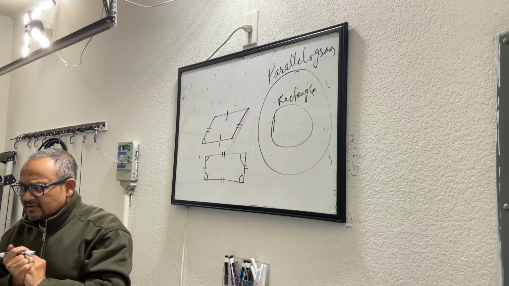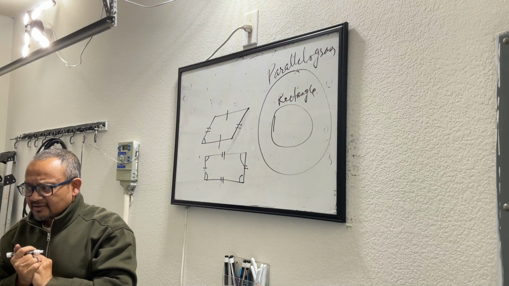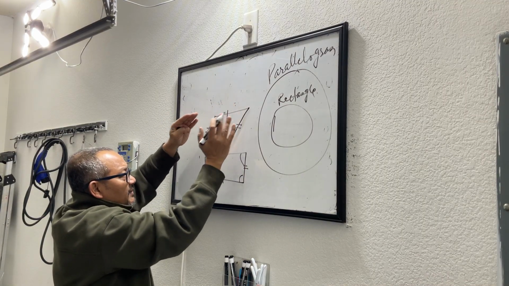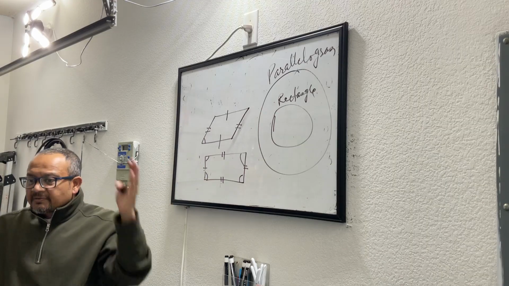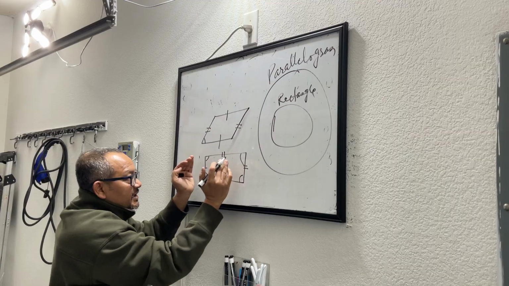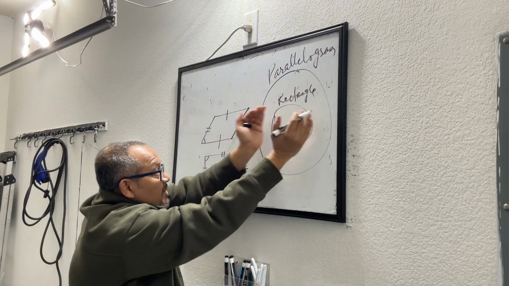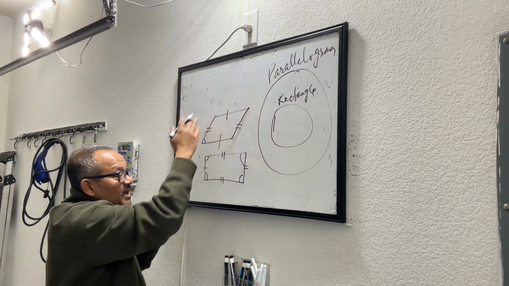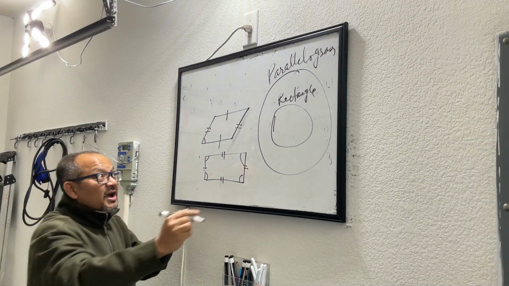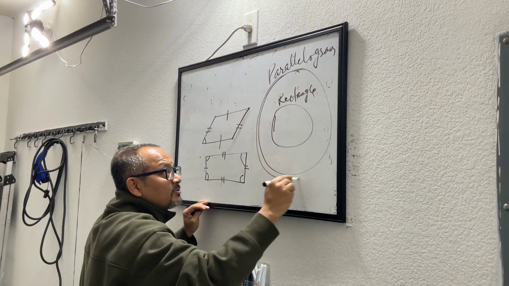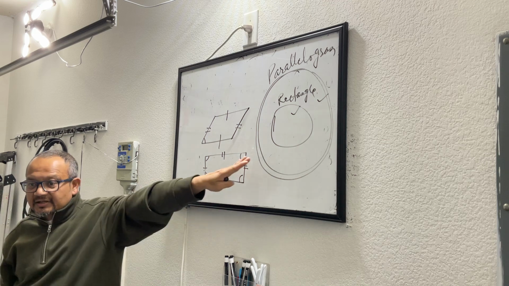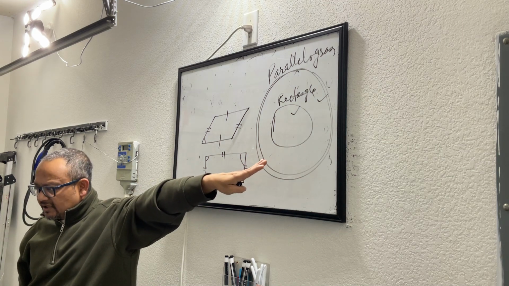Does it make sense? Sure. So all the types of parallelogram that you can come across, there will be some parallelograms where the angles will be 90 degrees, and those parallelograms are rectangles. But there will be parallelograms which don't have angles at 90 degrees. That is not a rectangle. So parallelogram includes all the types of quadrilateral which are rectangle and not rectangle also. That's what this drawing means. Does it make sense or it doesn't?